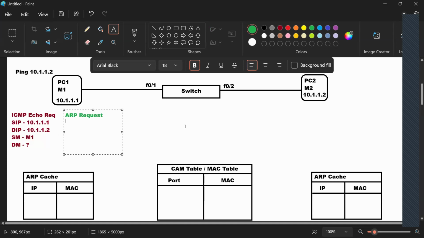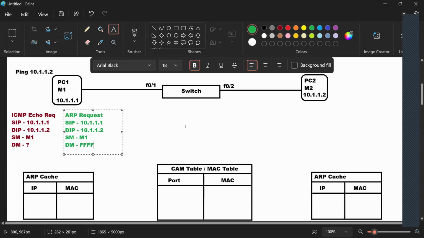In the ARP request, it will say source IP, destination IP, source MAC, and destination MAC. Source IP will be the same. PC1 knows its own IP address. Destination IP, we know whose MAC address we want to fetch: 10.1.1.2. Source MAC address, PC1 knows its own MAC address. Destination MAC address, this will be a broadcast.